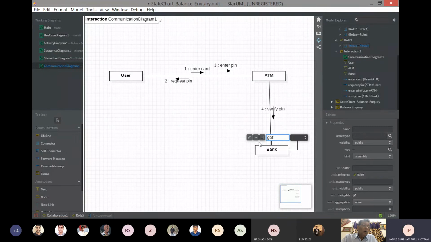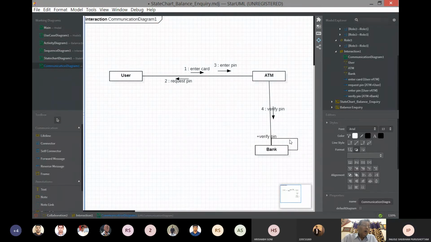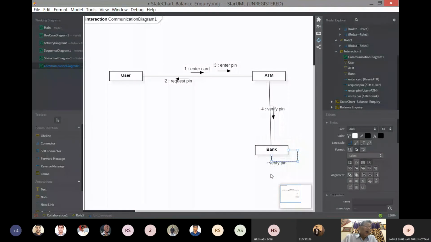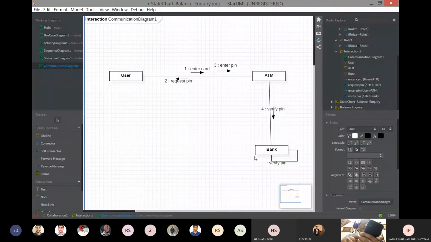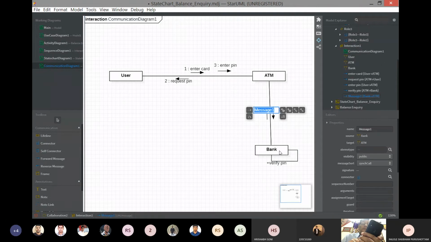We get the balance. Right now, verify the pin. Pin verified.